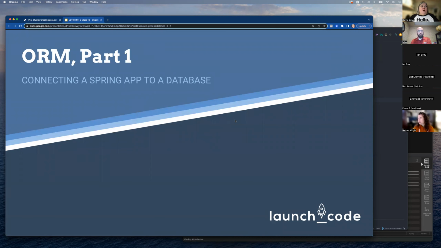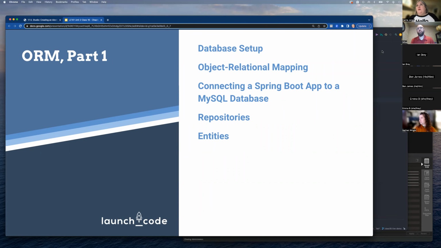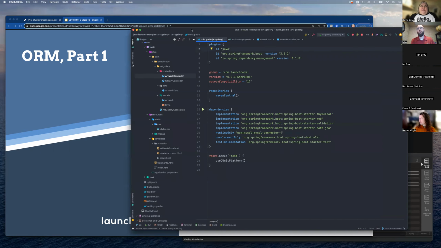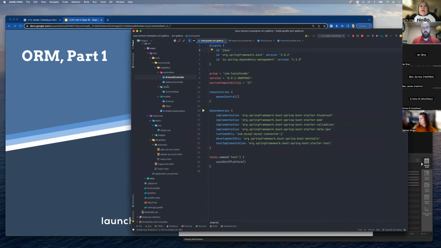So we're going to talk about connecting a Spring app to a database. And there's one thing that I wanted to talk about with this project of mine, just before we get into all of the topics. I just want to make sure I cover this because I'm afraid I'm going to forget. I don't want you to get lost. I made an executive decision, because this has been a work in progress. I've been making it up as I go along,